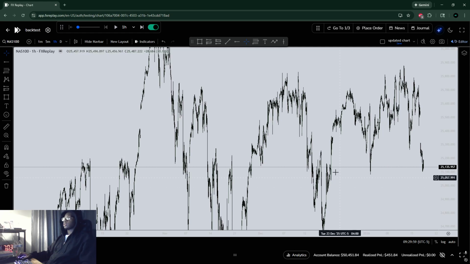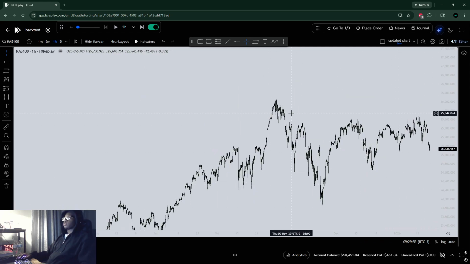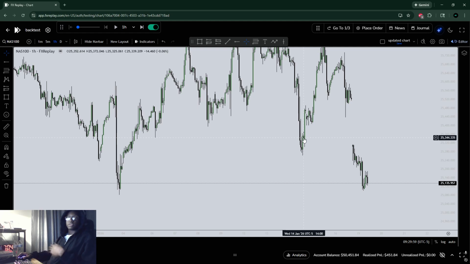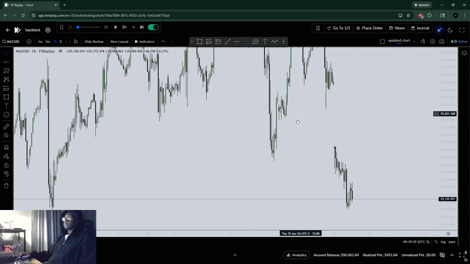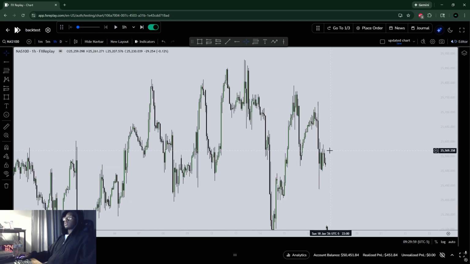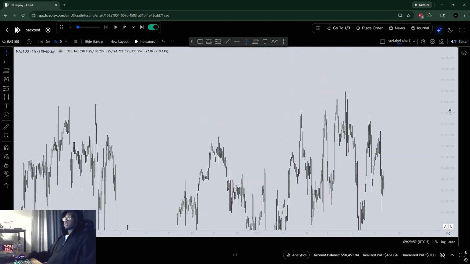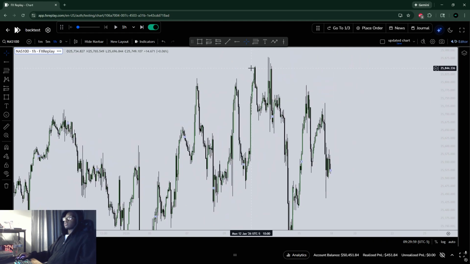It looks like for the past couple months we've really just been ranging. I'm pretty sure everybody knows that. And I've just been trading price action. That's what I've been doing. I just start by observing how the ranges go, starting from a general place. So I see there was a sweep here,